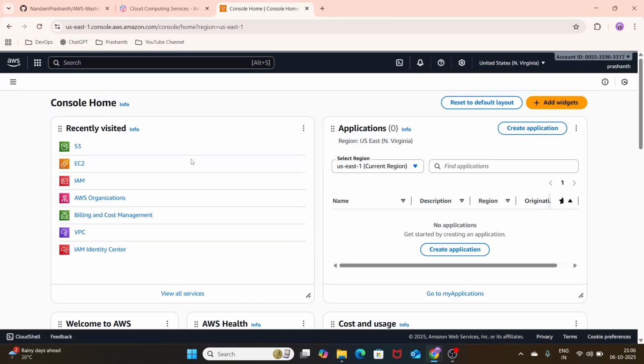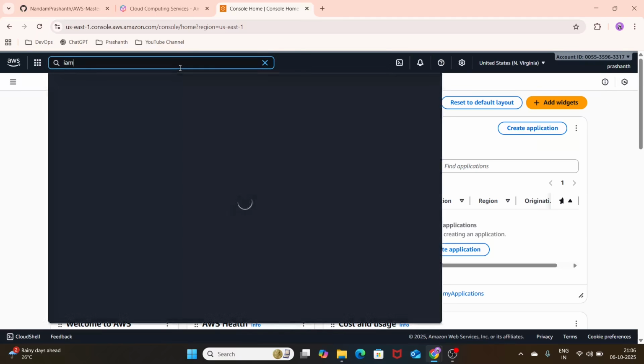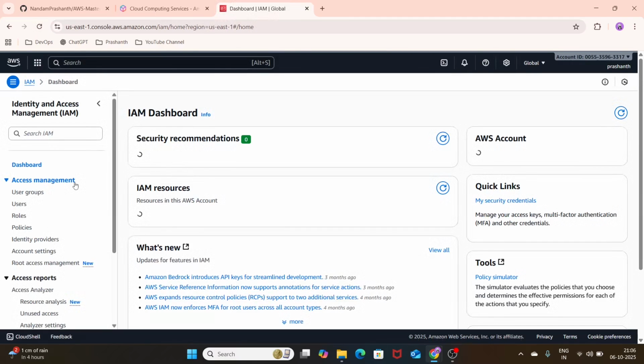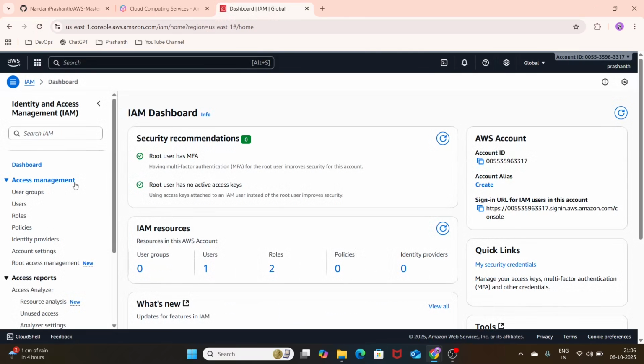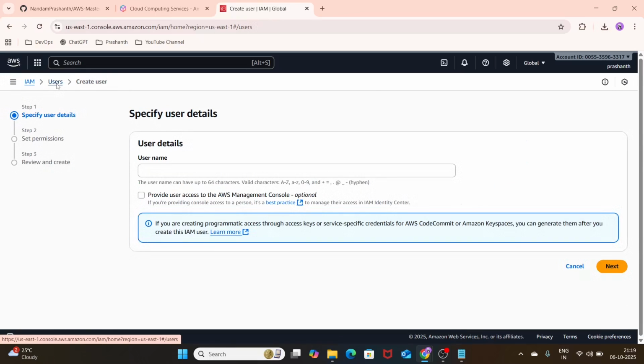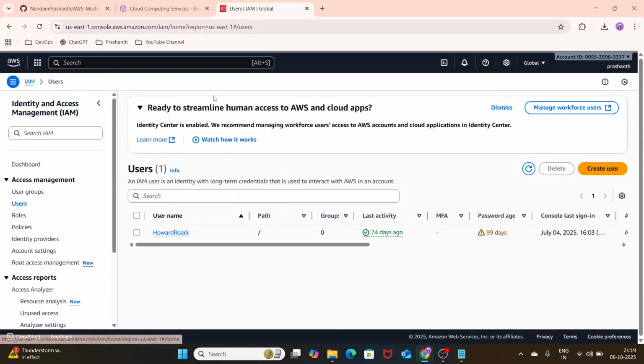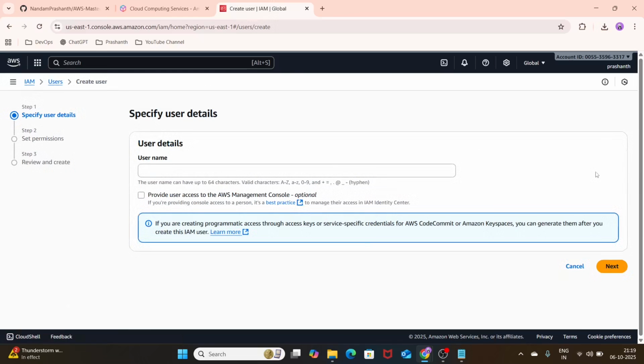Now we will be logging into our AWS management console via an IAM user. To create an IAM user, just search for IAM. If you click on it, this is our IAM dashboard, and this is the IAM service, Identity and Access Management. Okay, let's create a user. To create a user you have to click on create user and give a name as